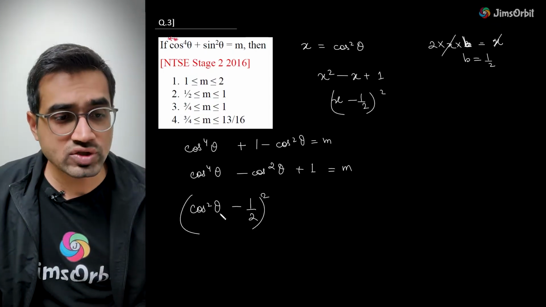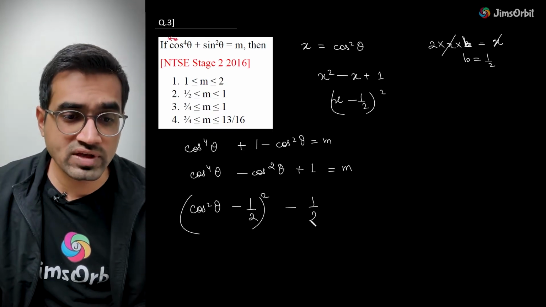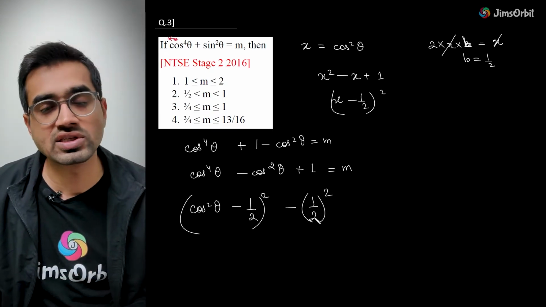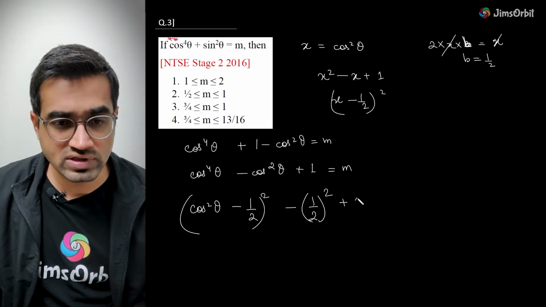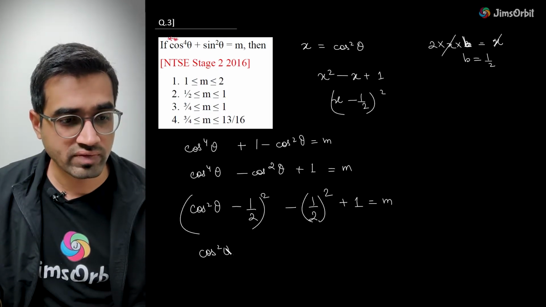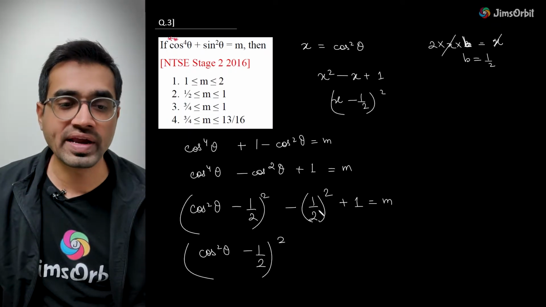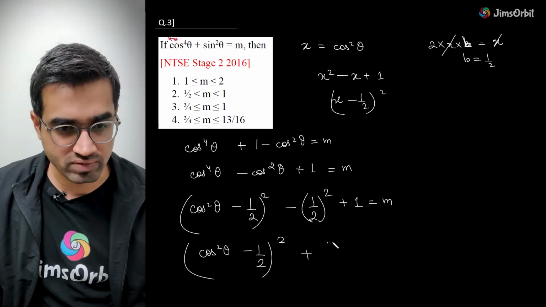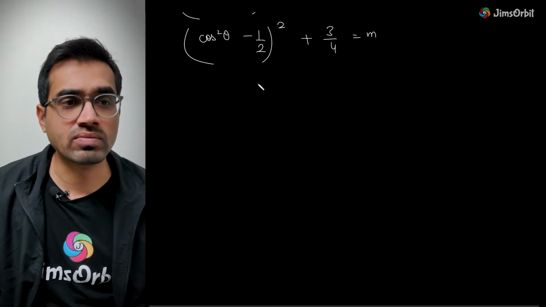So a square plus b square. But this is not there in the question, so you should remove the square of it. This is always the case. It is always removed, minus times whatever you have written here. Whatever is left out, just copy and write the other term. Now this you do not touch as of now. We'll let you know when to touch it. In this, this will be 1 by 4 negative. 1 minus 1 by 4 is 3 by 4. Okay, now let us bring this down and discuss it in detail.